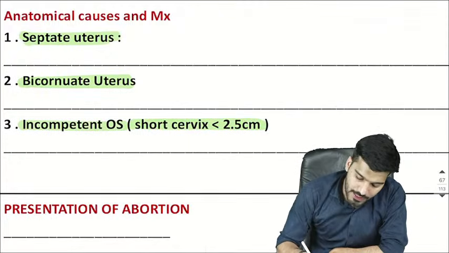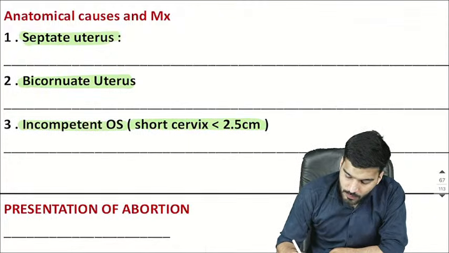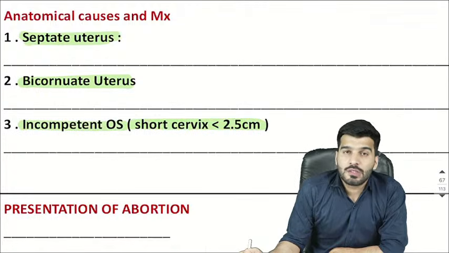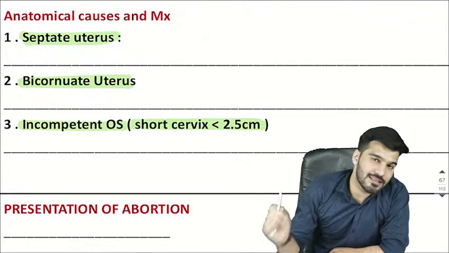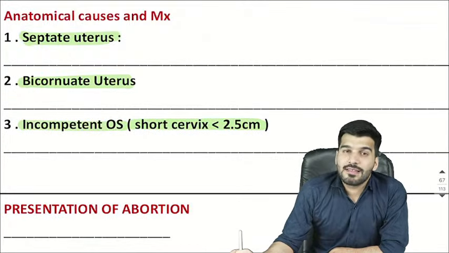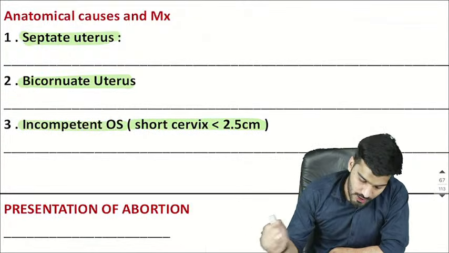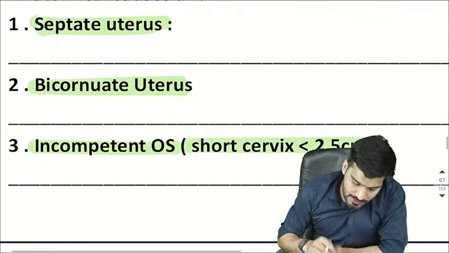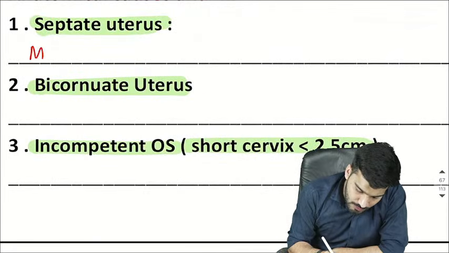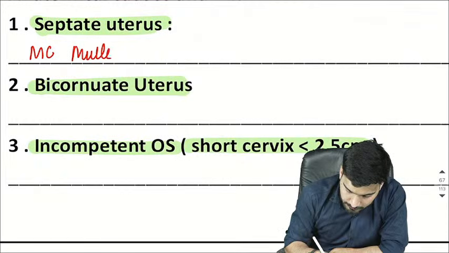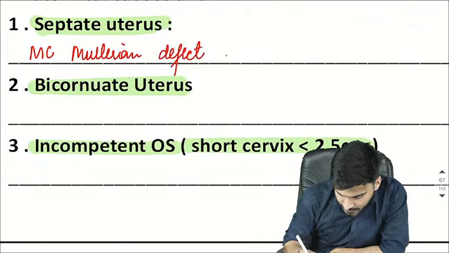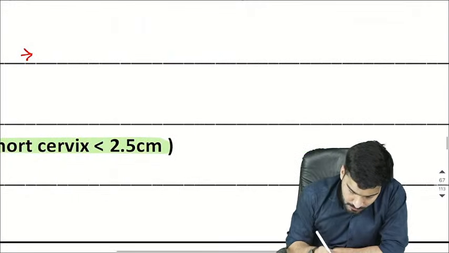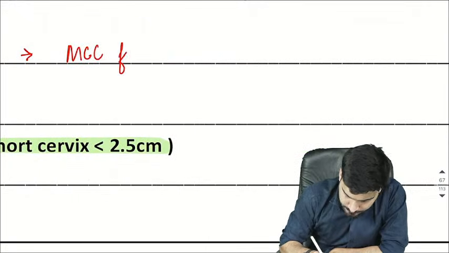Now in the septate uterus, there is a septum in between. So what do we exactly do for the treatment? We go hysteroscopically and resect the septum, and the treatment is hysteroscopic resection. Remember, the septate uterus is the most common Mullerian defect, and it is the most common cause for